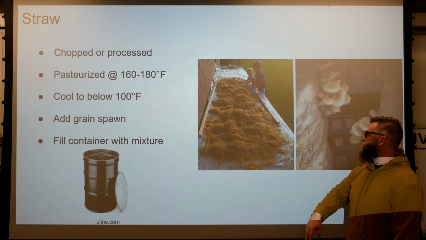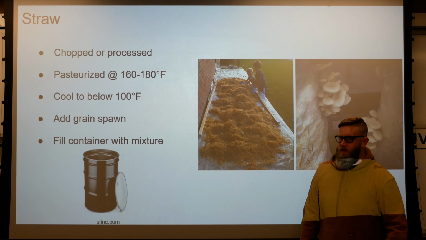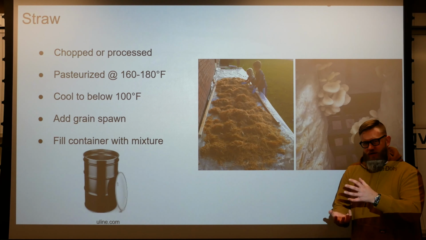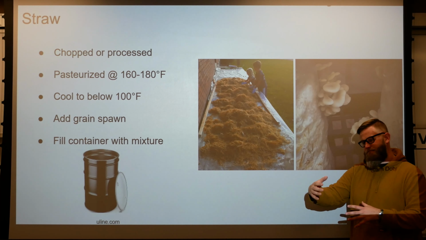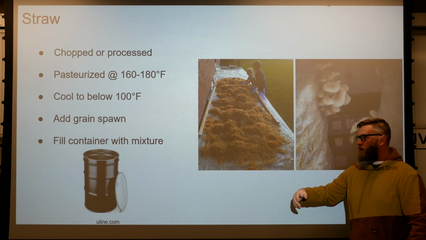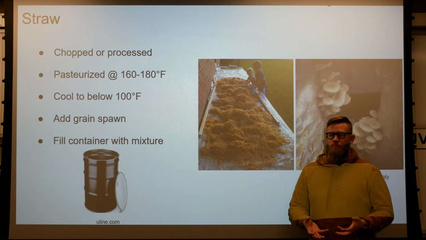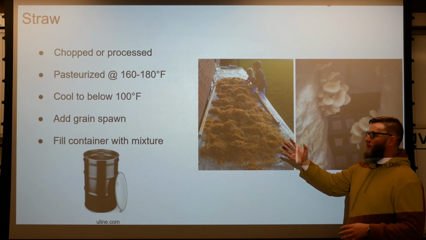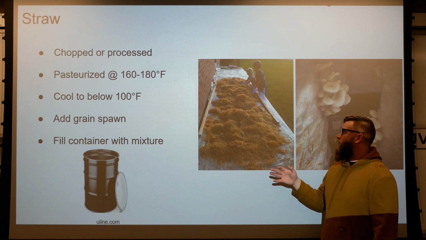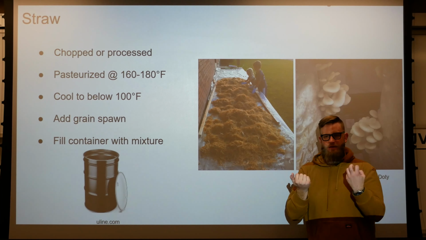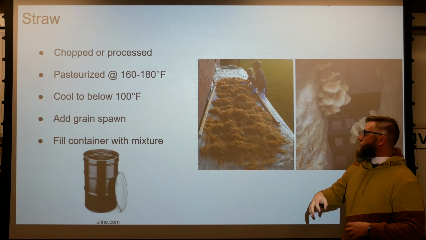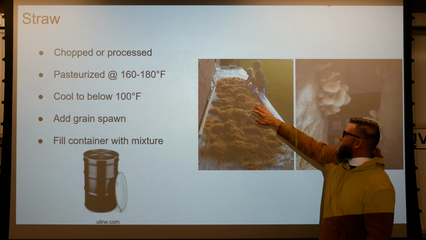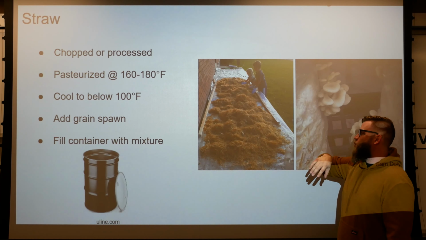So here's some straw with my children smaller, and essentially my method was to take a 50-gallon food-safe drum. I have one of those turkey fryers with a propane tank and a stand built out of concrete blocks. I would set it on there, fill it with water, and bring it up to the pasteurization temperature, between 160 and 180 degrees, and leave it there for about 1.5 to 2 hours with my straw that had been chopped up, to create some surface area. Then it's laid out on disinfected plastic, and once it cools to 100